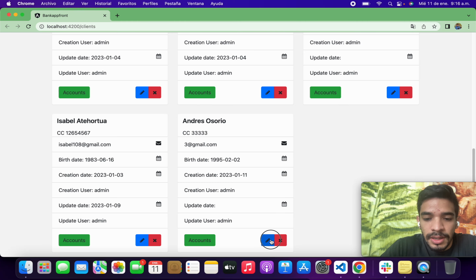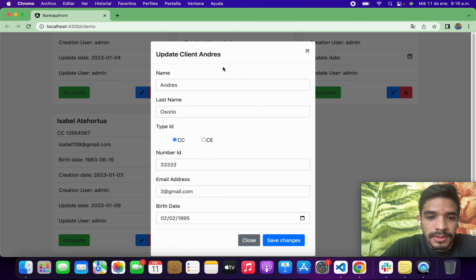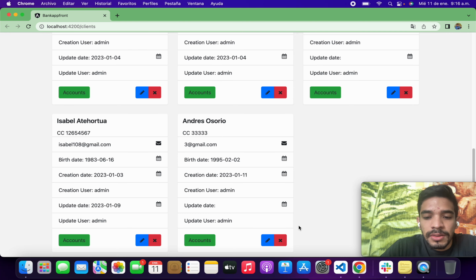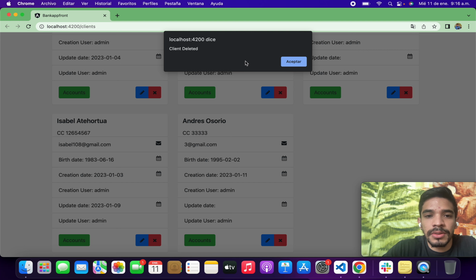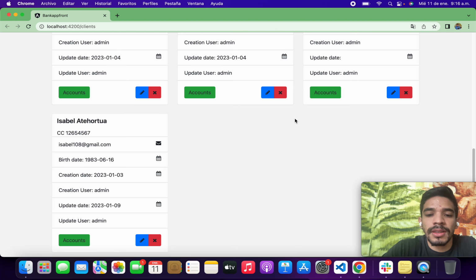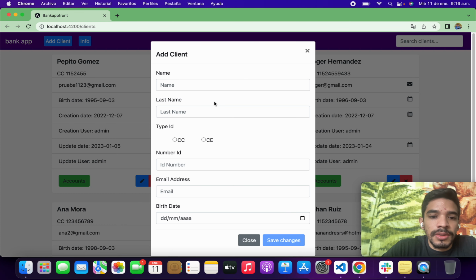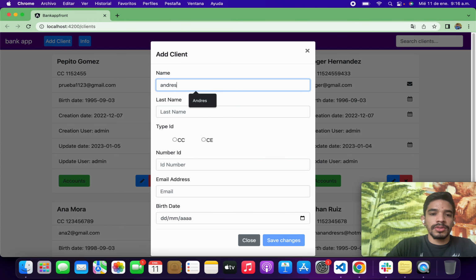Okay, so I can edit all these fields, and also if the client doesn't have an account, or the accounts are already canceled, I can delete this client. So for example, I'm going to delete this client, and we can see client deleted. So I'm going to create this client again to show